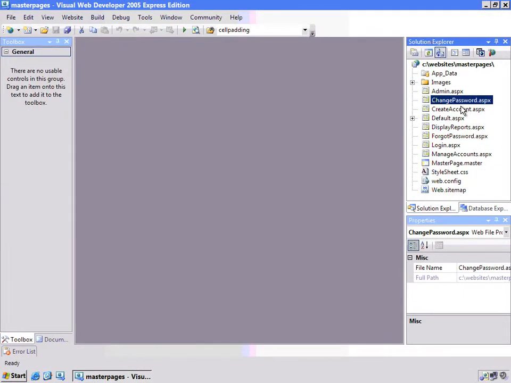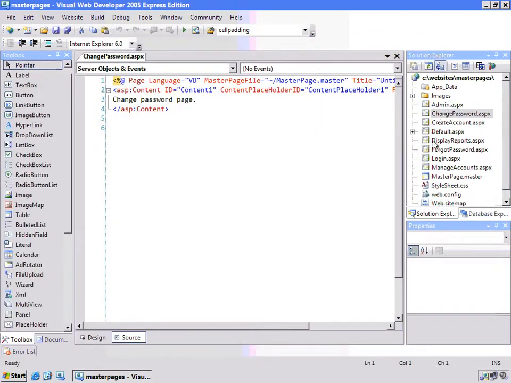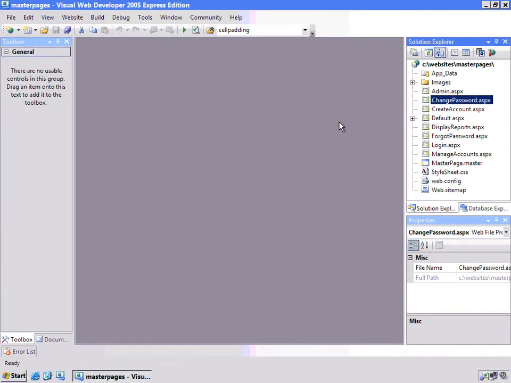So if you want to learn more about how we fill this out with real content where you can change your password and log in, watch the membership and roles video. So as you've seen, master pages are a great place to put common content